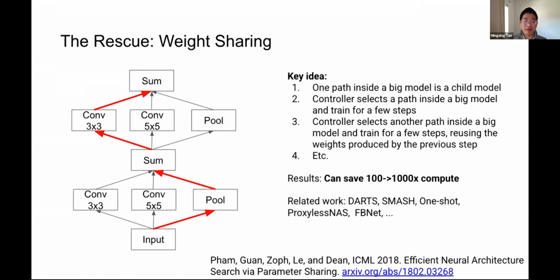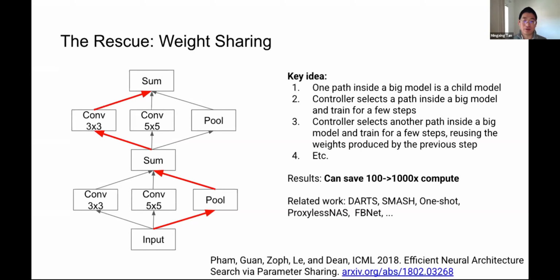If you sample tens of thousands of candidates, then your computation cost is too high. Weight sharing takes another way. It is based on the assumption that if you sample some candidate and train it, then you can keep those weights for the next generation. So when you sample the next batch, you can just reuse the weights that are already trained